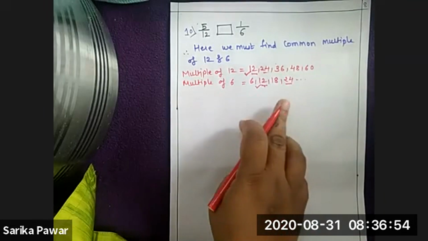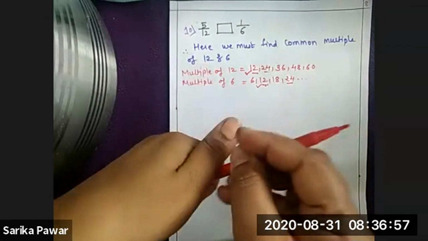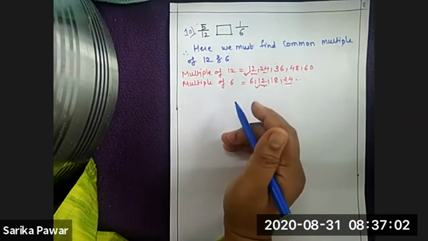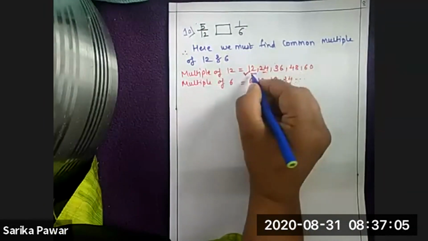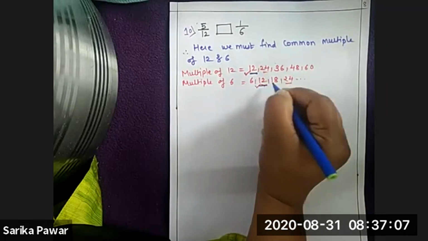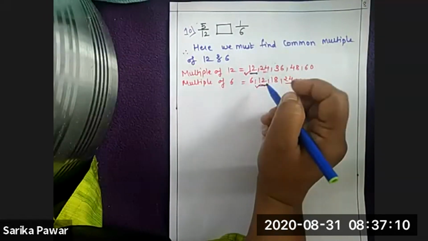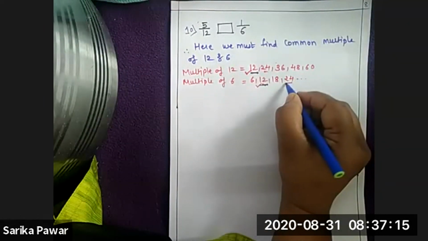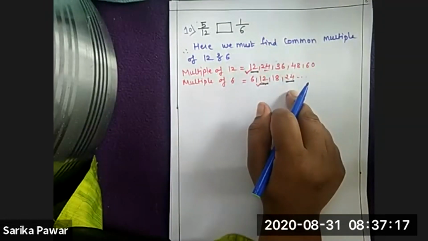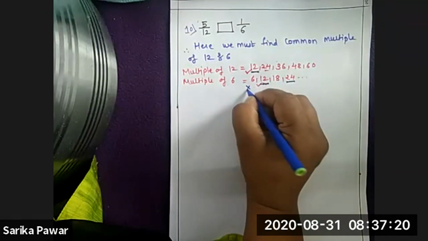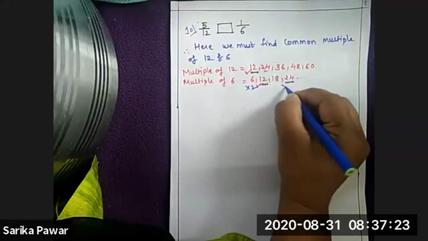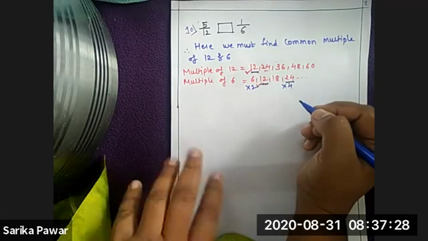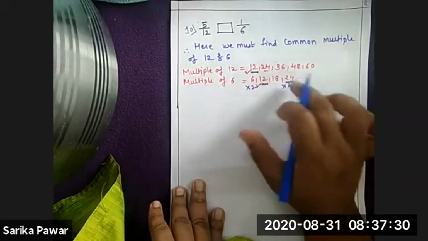Do you want to take 24, Madiha? So we will take 24, no issue. Here, if you are taking 12, then you have to multiply by 2 in the denominator. And if you are taking the common multiple 24, then you have to multiply by 4. Keep in mind: if you are taking 12, then multiply by 2, and if you are taking 24, then multiply by 4. Okay, so what do we have to do first? You tell me which number we will take. What do you want, 12 or 24?